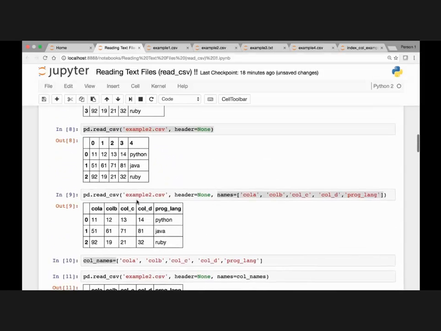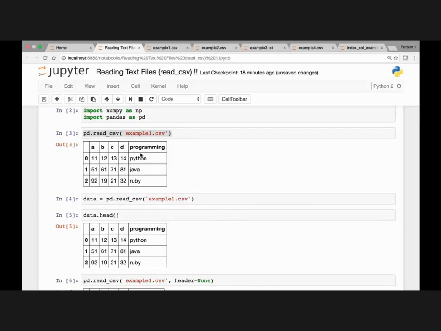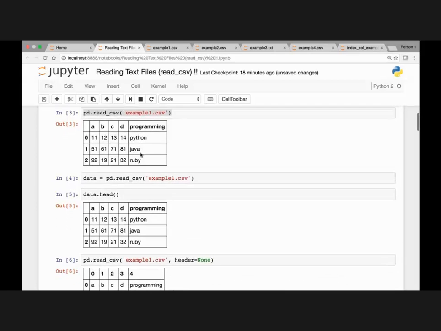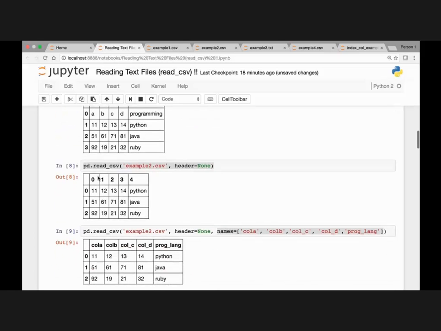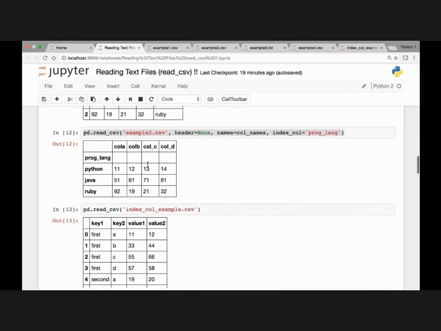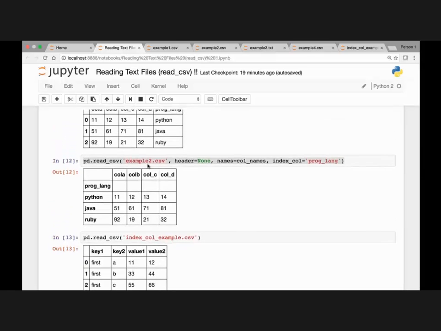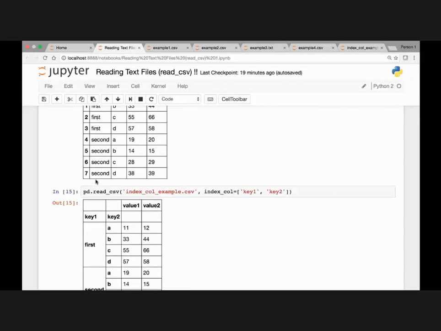Okay, just to recap what we have seen in this lecture, we saw the read_csv method, and this is one of the methods used commonly for loading or reading text files. We saw how we could pass certain attributes like header if we don't want to see the first row as our header. We saw how we could change the default column names to any other name that we want. And we also saw how we can use one of the columns as names for our row indexes. In the next lecture, we'll continue our discussion on